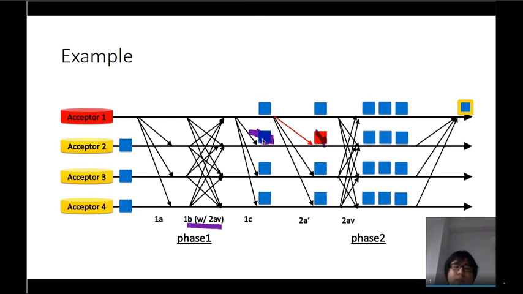So I think what you're saying is by broadcasting 1B, every acceptor can just figure out what to expect in a 1C message. Okay. Yes. So in that case, do you still need to send 1C at all? So I think it can be optimized,